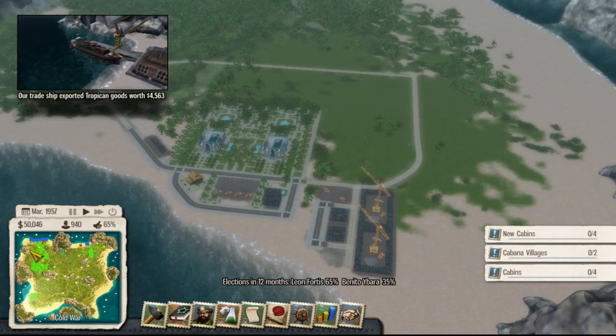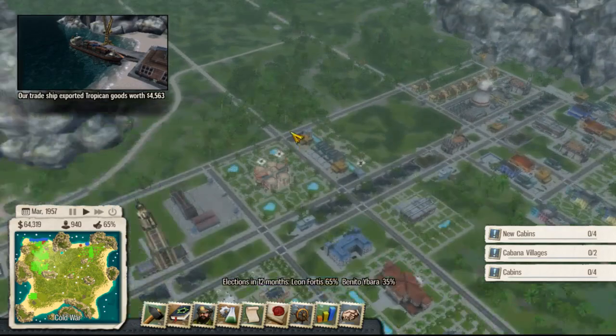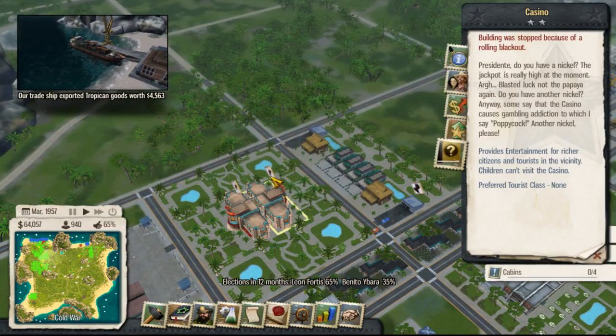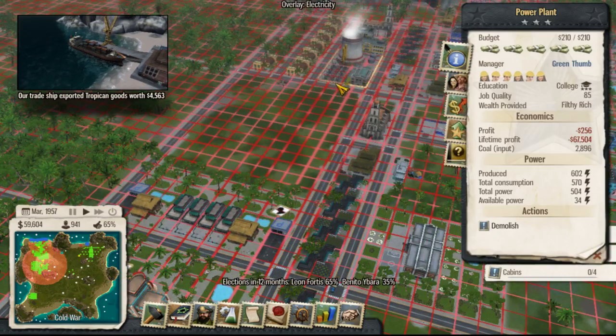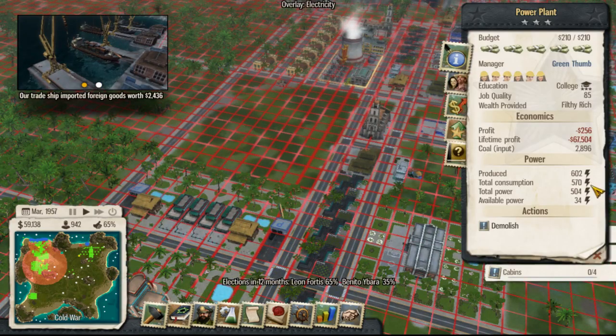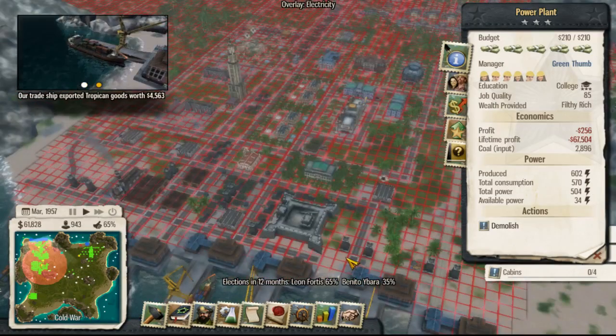Oh, no, just got offered a new task. So yeah, let's have a quick look at that. What's going on here? Oh, no power. Right, okay. Let's have a look at my power grid a second. Produced 602, consumption 570. Huh, so is it just a case of...